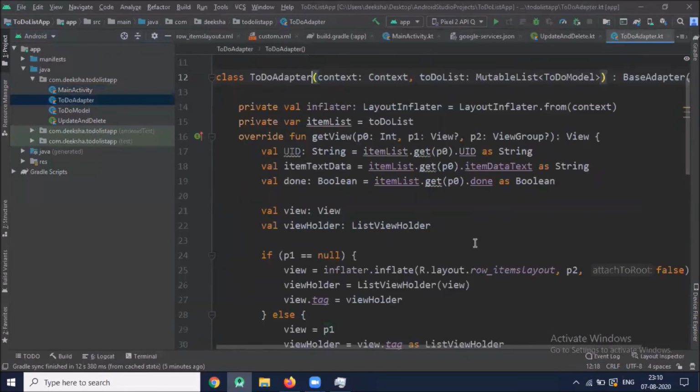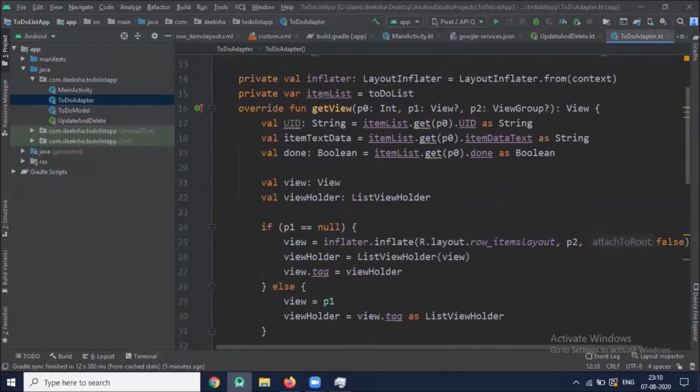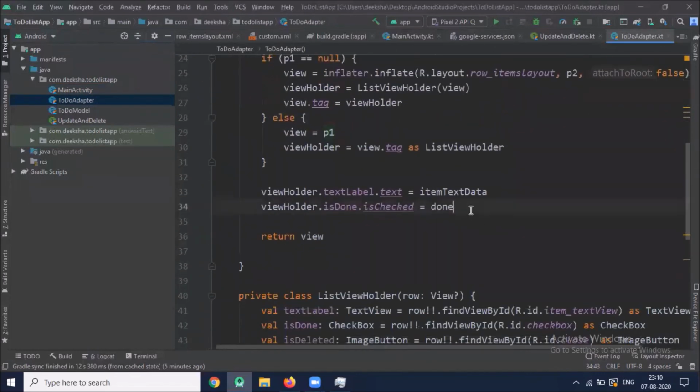So open your adapter, and inside the getView method, we call this method.